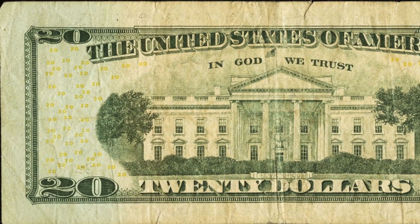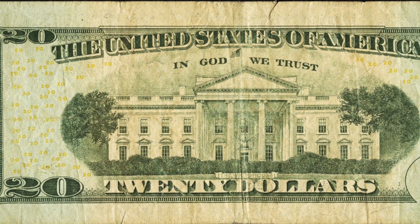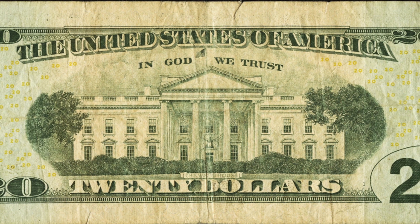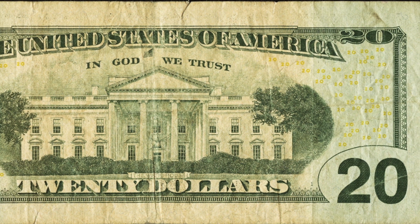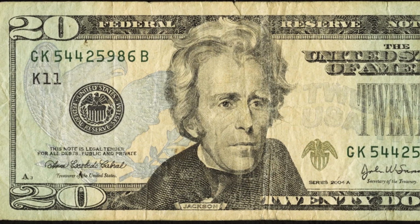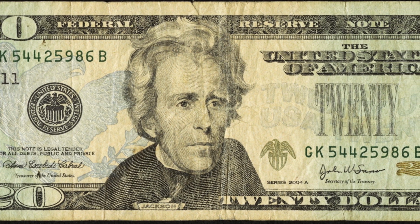Now, this dollar bill sold for over $240. Keep in mind the grade or the condition is going to affect the values as well as we look at each bill. Here is a 2004 $20 bill. You can see that it's been very circulated. I can't believe it stayed in circulation this long before being found. It's a shame that it wasn't found sooner, but this $20 bill did sell for over $50, and that is